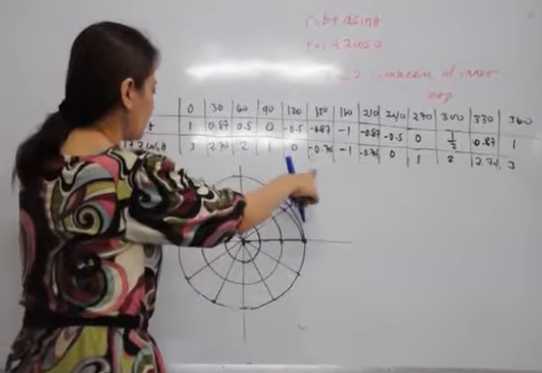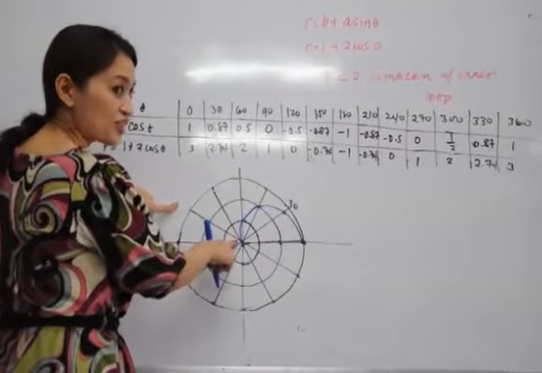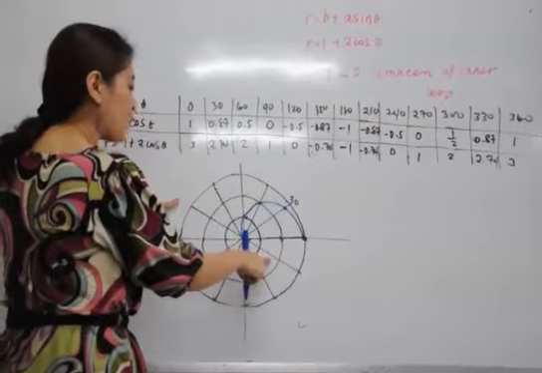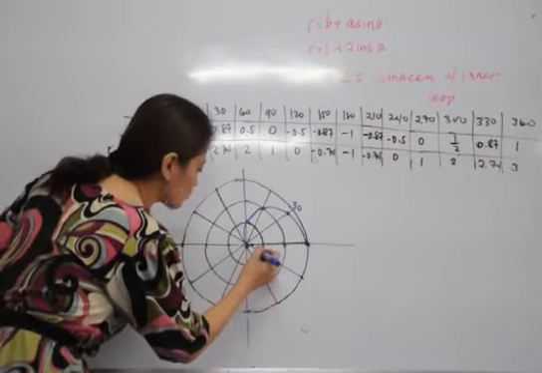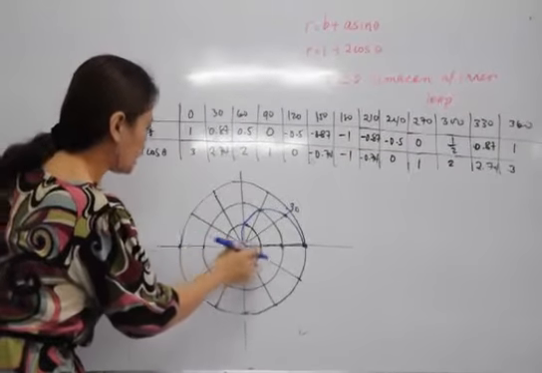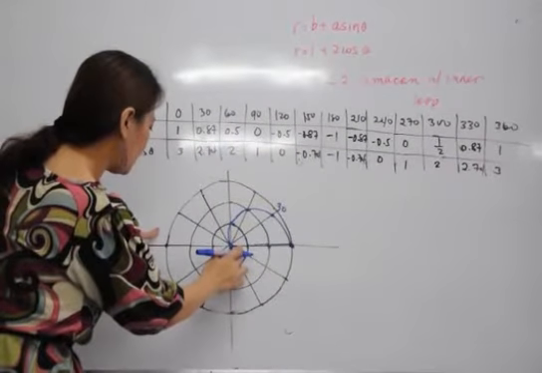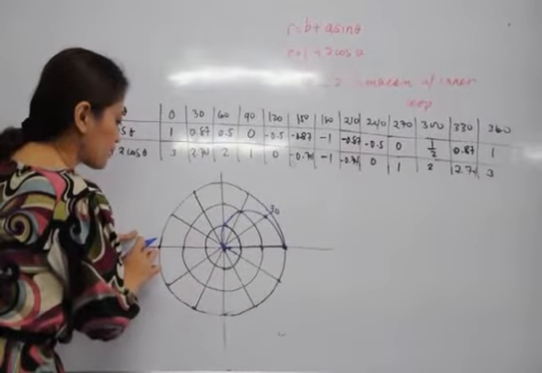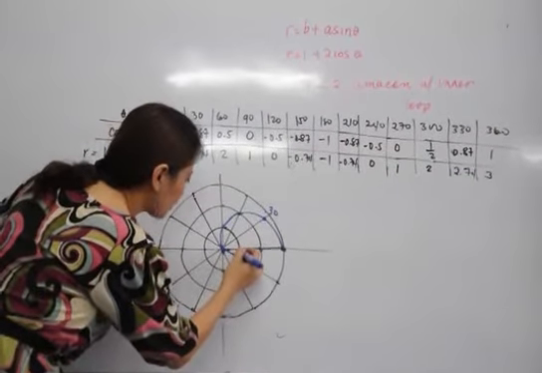Okay, and for 150 degrees, that's equivalent to negative 0.74. Now, since the radius is negative, that means the radius should be on the extended side of the terminal side of theta. So from 0, you have to go there, for 150. And then for 180, that's negative 1. Since the radius is negative 1, it should be here, on the extended side of the terminal side of 180. So it will be connected there.